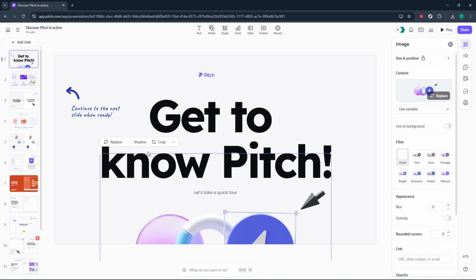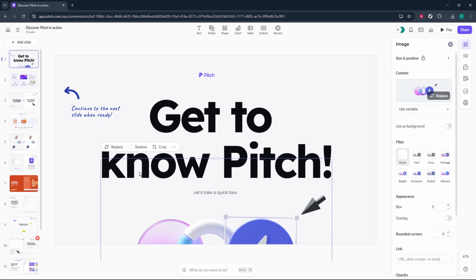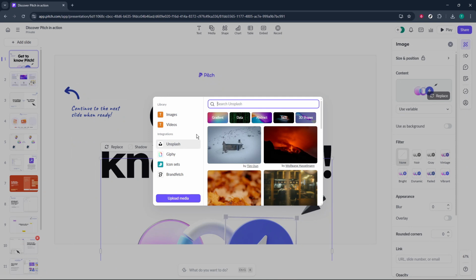Now in that menu, look for an option that says Replace. It's usually pretty prominent, designed to be easily recognizable so you don't miss it. Go ahead and click on that. This is where Pitch gives you the flexibility to either upload a new image from your device or pick one from the integrations it supports, like Google Drive, Dropbox, or even directly from an online resource, depending on the integrations